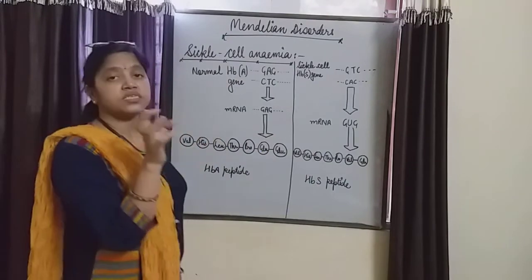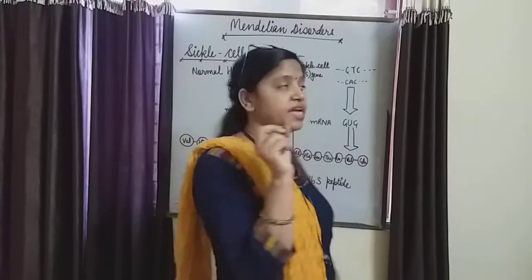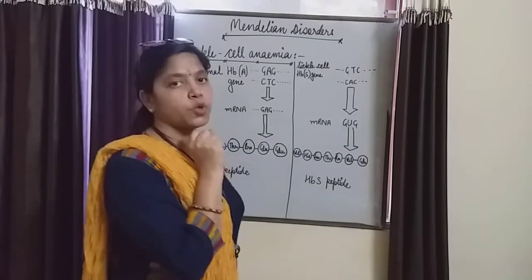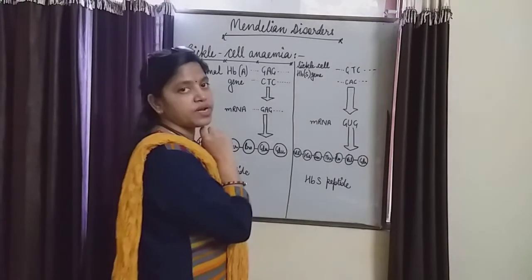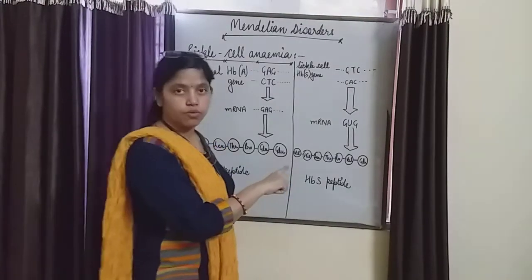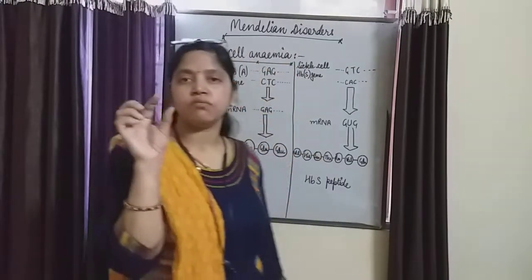It takes place in the beta globin chain of hemoglobin, right? This is the beta globin chain of hemoglobin. Okay, protein chain. Hemoglobin is the iron protein. Okay, globin is the protein. Beta globin, this is the chain of beta globin, and due to some manipulation or the mutation